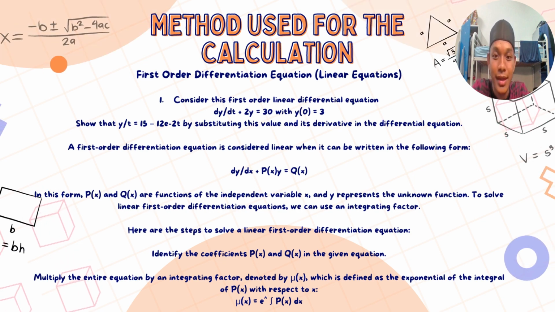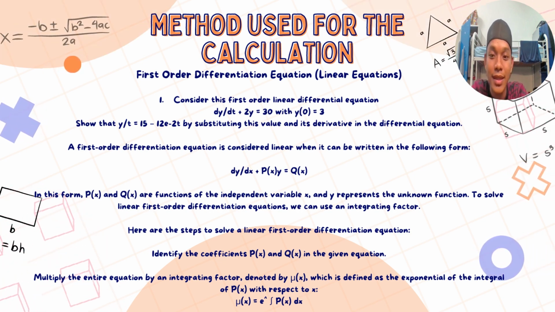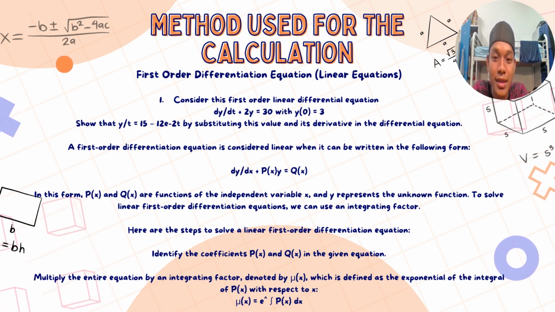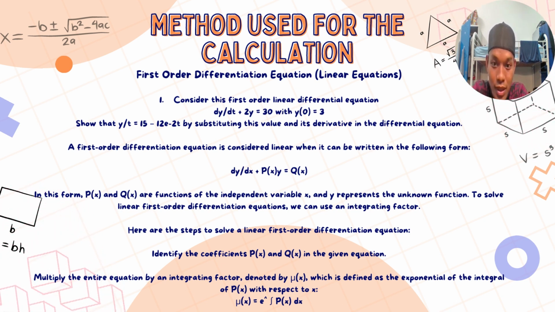Seterusnya ialah saya akan menerangkan tentang method used for the calculation. Yang first kali kita menggunakan first order differential equation, linear equation. First kali, macam mana nak buat ia, kita kena consider this first order linear differential equation. Sebagai contoh, dy per dt tambah 3y sama dengan 30 with y(0) sama dengan 3. Show that y(t) sama dengan 15 tolak 12 e^(-2t) by substituting this value and its derivative in